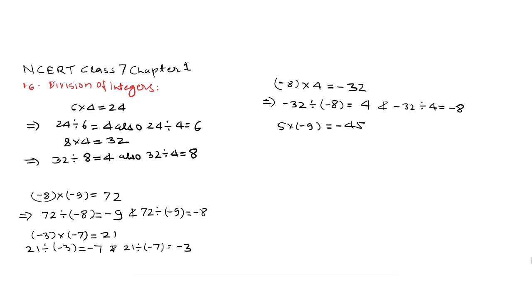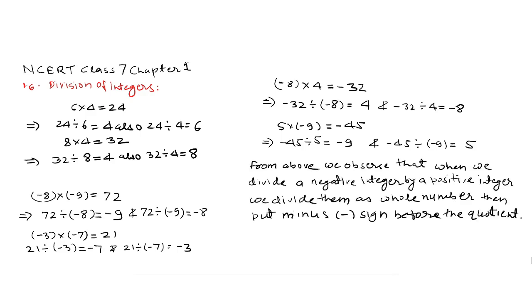For this multiplication statement, we have division statements -45 divided by 5 give us -9, and -45 divided by -9 give us 5. From above, we observe that when we divide a negative integer by a